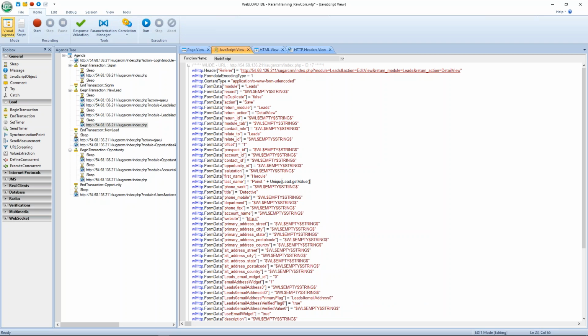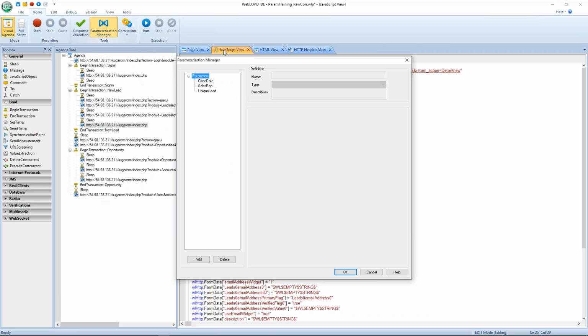And he will get a number assigned and be in good shape. Okay, the other one that I want to do is also here when I created, again, this is my user selected options, okay, the data they're keying in. Under title, I assign him as a detective, okay, and I could use detective again, but for the sake of this exercise, I want to show you how we use a character string. So I'm going to insert a random character string into this particular field for detective. Again, come back to my parameterization manager, and if I want to say add for a new one, and click and enter title,